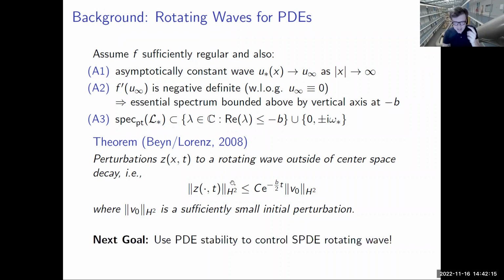So the next goal is we know we have a deterministically stable pattern in the same way we had a deterministically stable front or a deterministically stable pulse in the normal traveling wave setting. So how can we then analyze what happens with the stochastic case? How does it influence this deterministically stable rotating or spiral wave? Again, think of the case of cardiac arrhythmias. It would be very good to know how stable these are under noise.